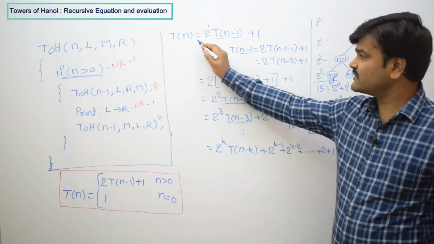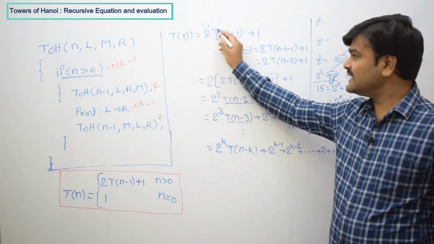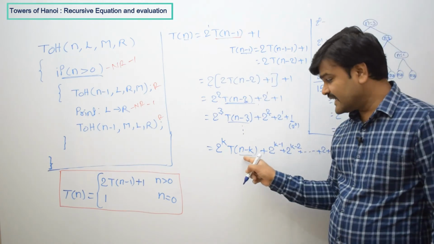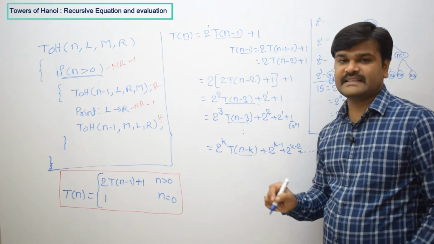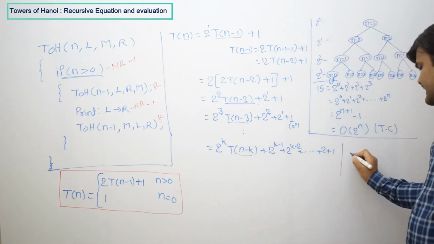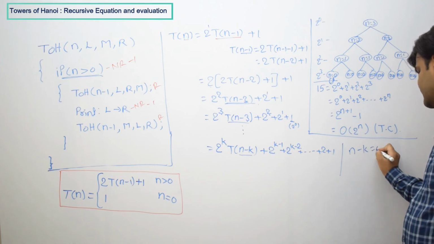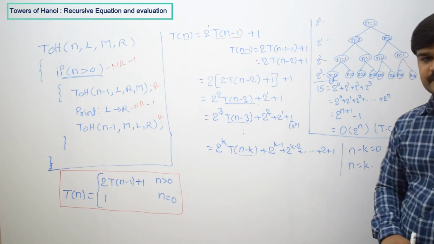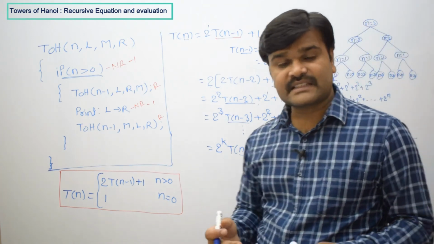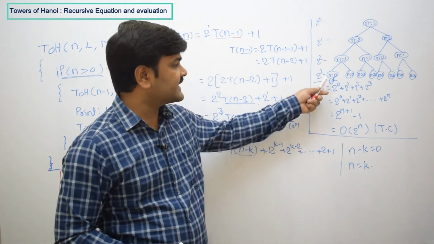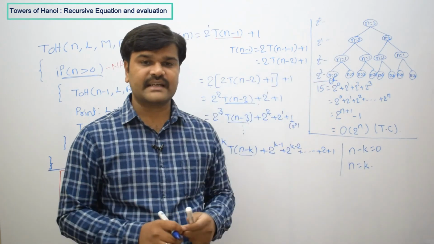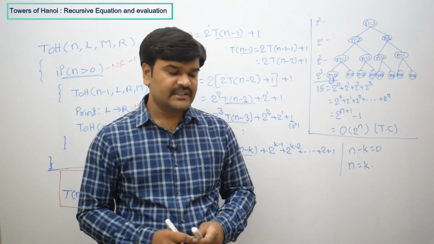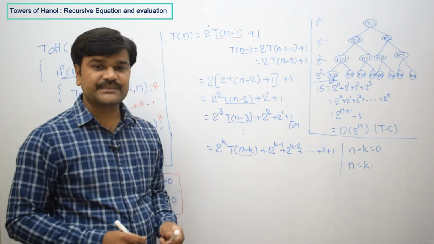So the same thing must reflect here also. That means if you start with n, definitely somewhere it will reach 0. So assume here you reached the base condition. That is why we are taking n minus k equal to 0. So if you find n equal to k, that means n function calls have happened till now. You can check here also, n function calls have happened. So what is k meaning? k equal to n, so in place of k we are going to substitute n.